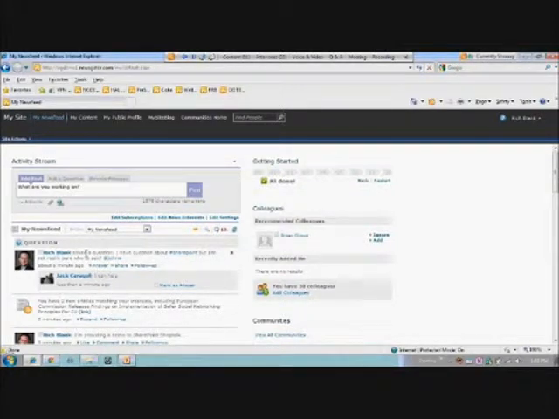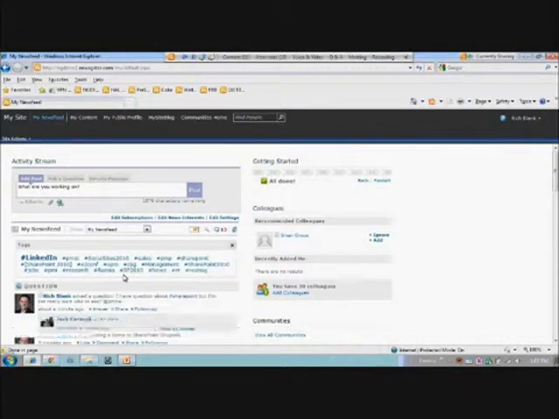Likewise, you can also tag communities as well. So if you tag the community with that particular topic, the question will also get automatically posted inside the community for the community to potentially respond to. So the @targeting and the hashtagging is pretty key. And with the hashtagging in particular, I can go ahead and filter my activity stream by hashtags.